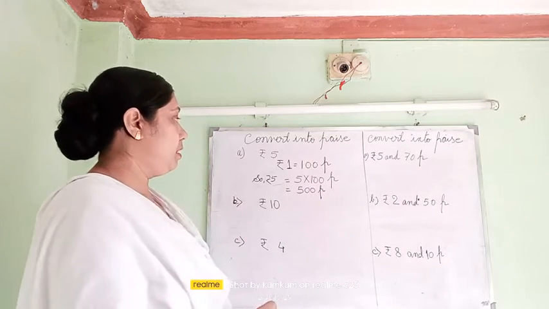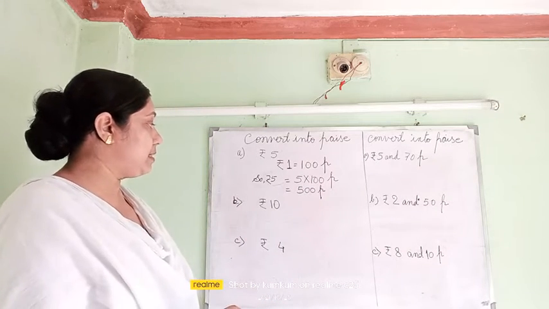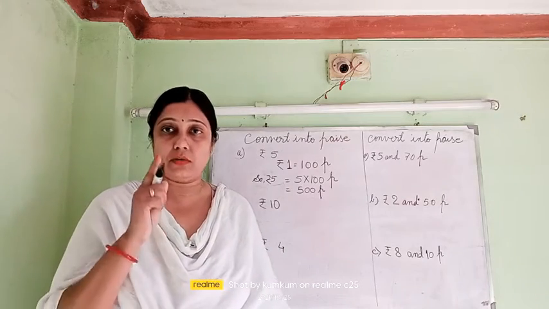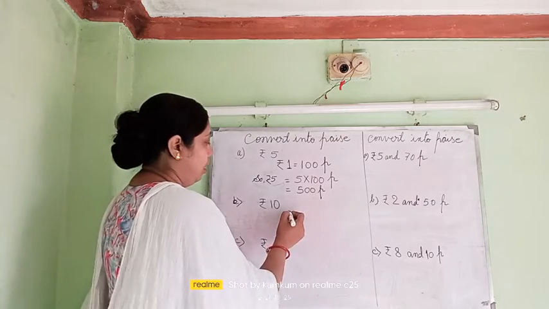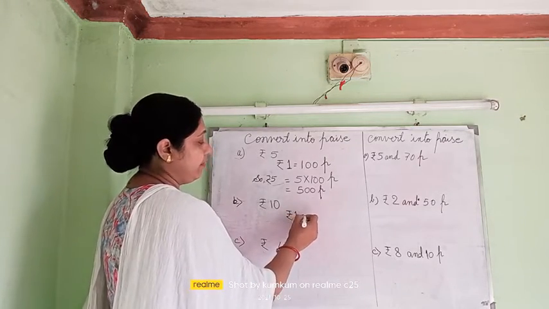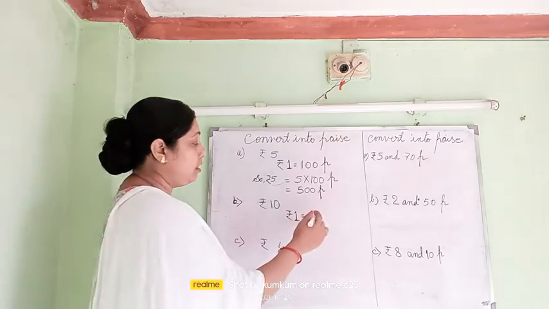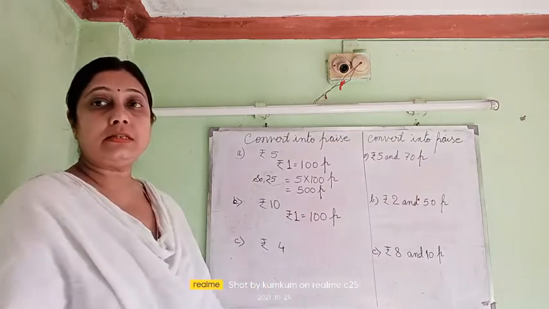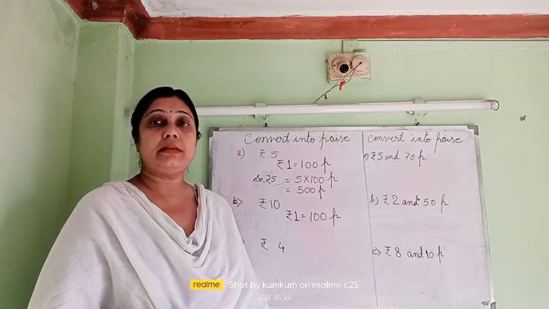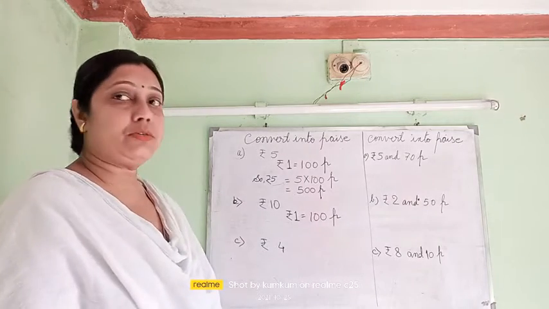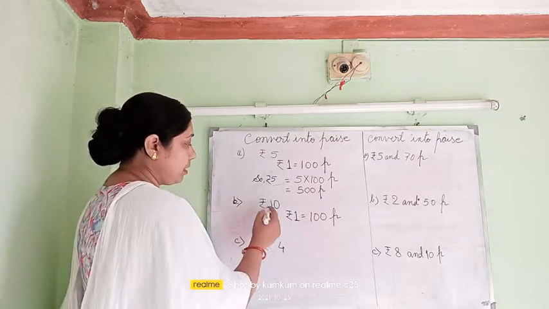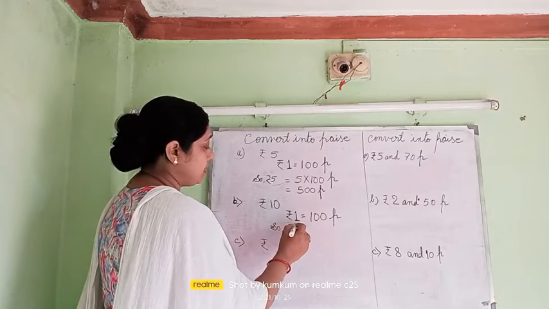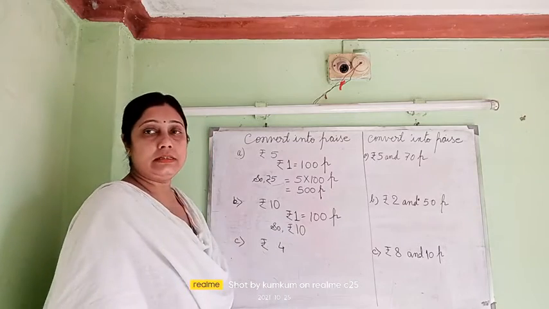Okay. So next question, see, it is given 10 rupees. So again, whenever it is given, first you have to take out the value of 1. So we will write here 1 rupee. See, I have given the symbol first and then I have written 1 equal to 100 P. Small p means paisa. So 1 rupee equal to 100 paise. Now I will write the value of 10, the rupee sign and then I am writing 10.